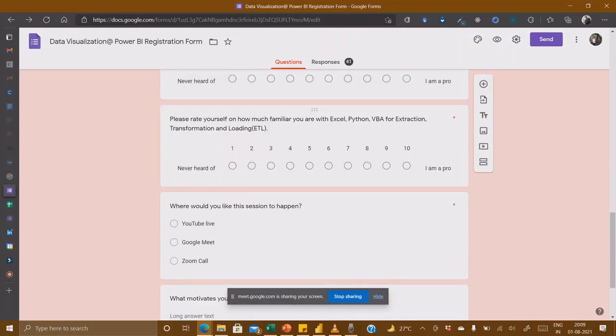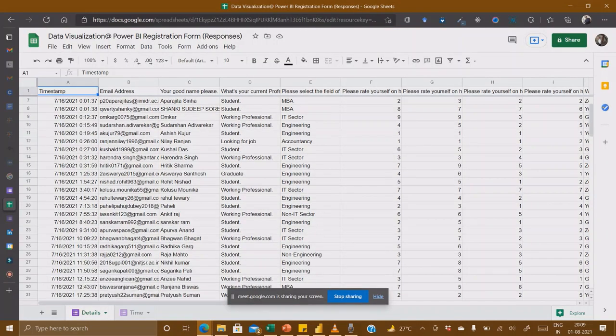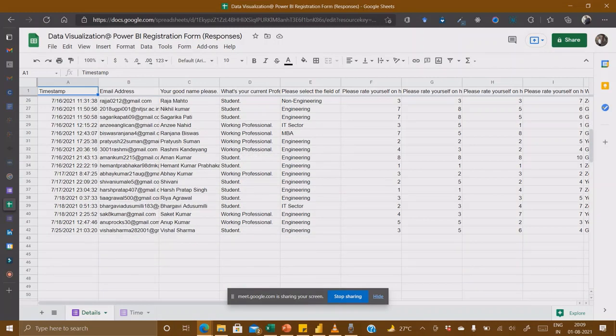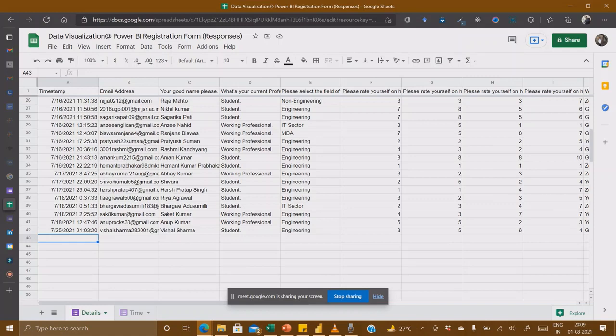If a student or a candidate fills this form, the data will automatically go to my Google Sheet. Even if anyone fills that questionnaire, the records will be populated here. It does not necessarily mean the records must be populated in a Google Sheet.